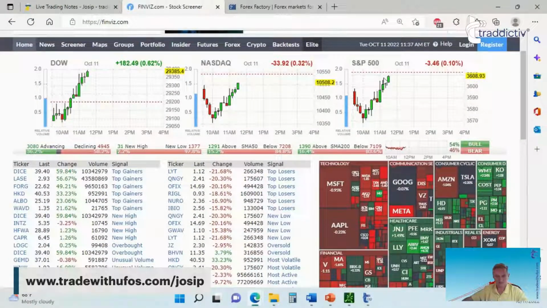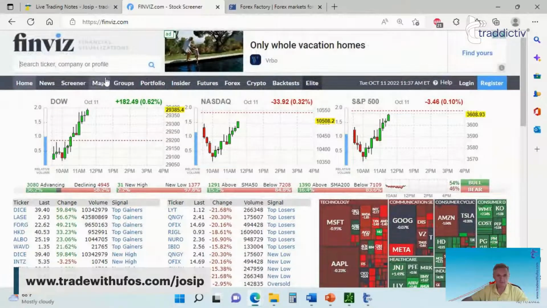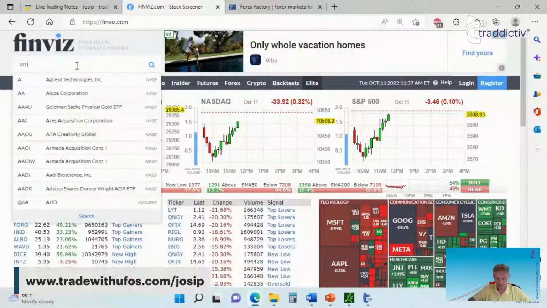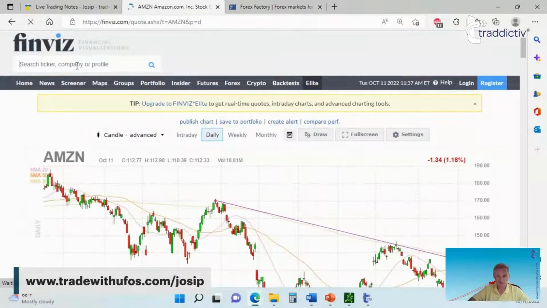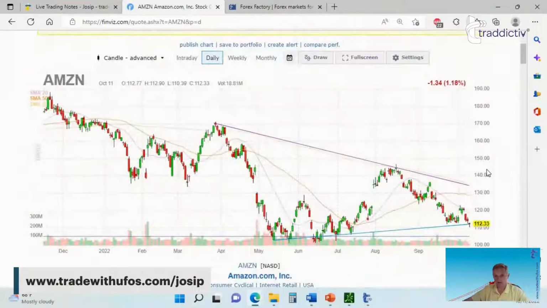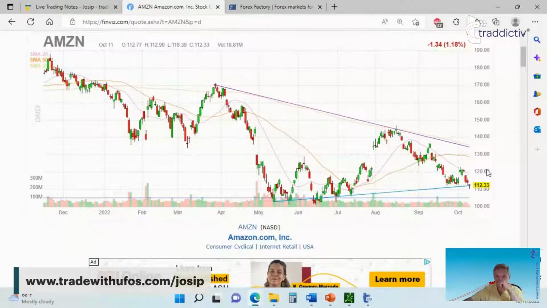Yep, as I mentioned to you, it's just about ready to fill the gap, and then we'll see what is going to happen. I would expect now that the target has been hit, many of the orders are going to be exiting at the high. Okay, so take a look. Amazon could go down lower to the June low. Isn't that interesting? On Amazon, the June lows are down around 100 and 102.